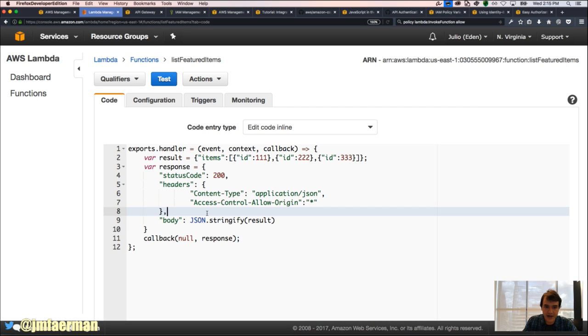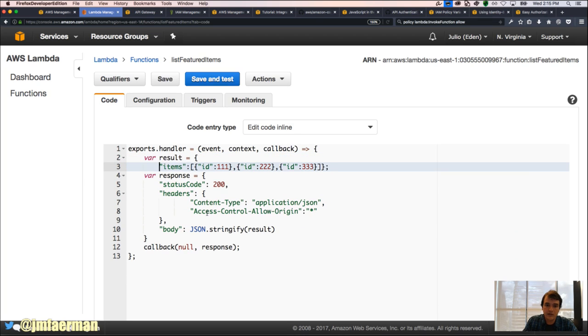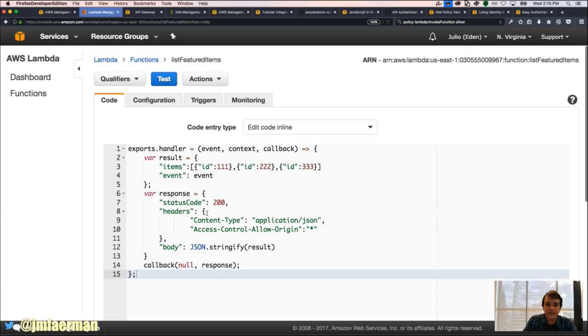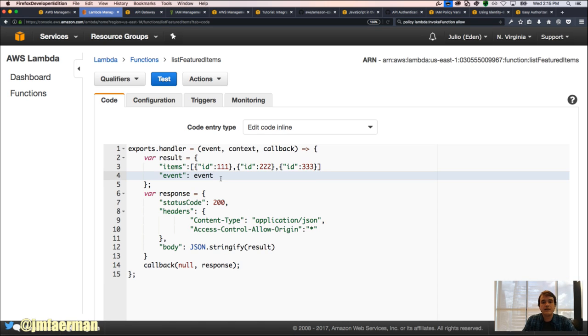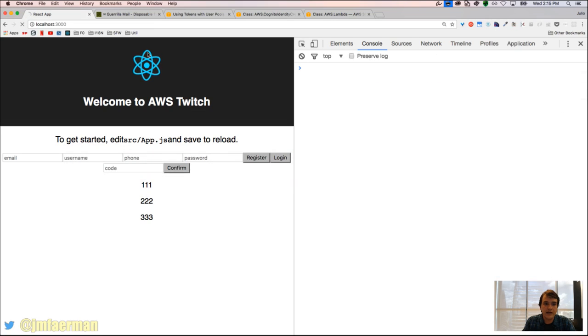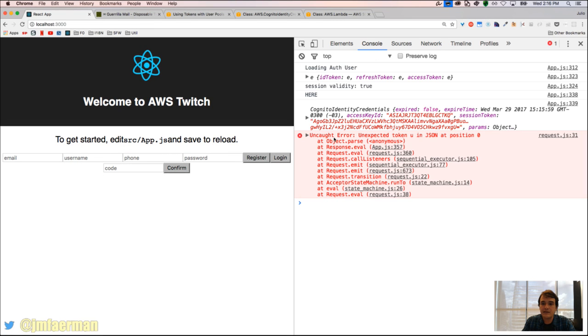I'm just going to make the very simple thing of, in our result, besides the item, I'm going to create a new field called event and just return the event. This is the exact event that triggered our response. And here, now it's saved, and in the app again, we can see that,